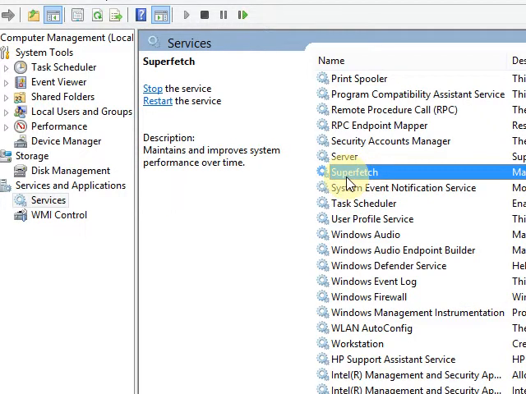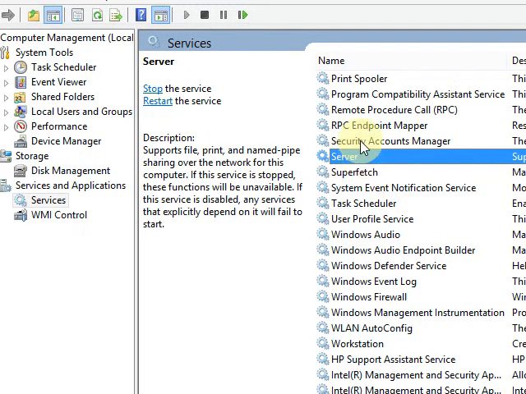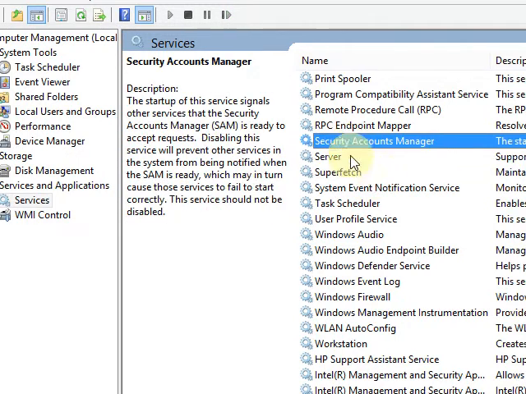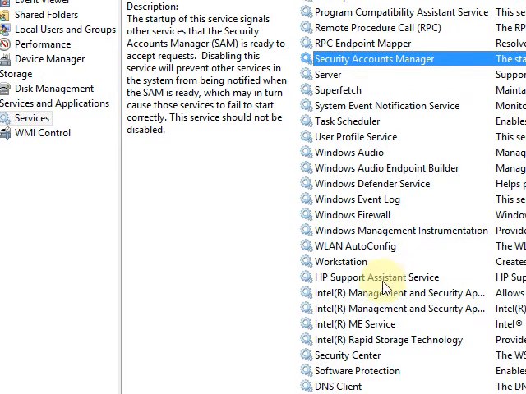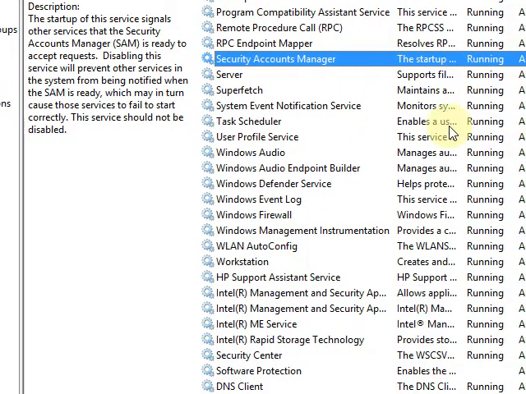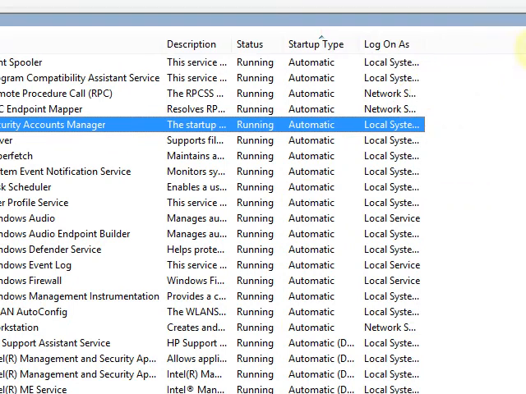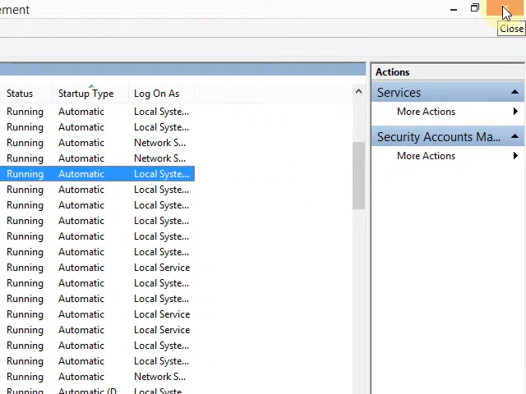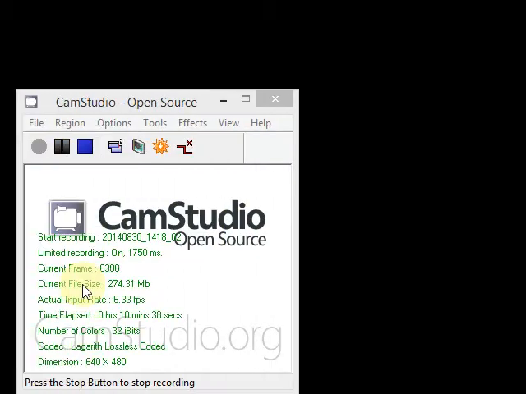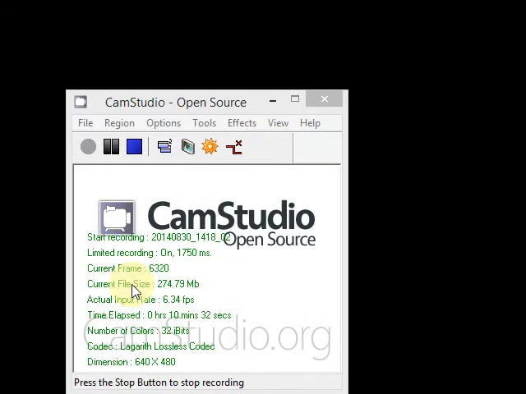The description is quite insufficient, so you have to Google them and search for their relevance to your computer, and then decide whether they are needed for you or not. By doing this, you are making your startup time extremely fast. Your startup time will go down a great deal.